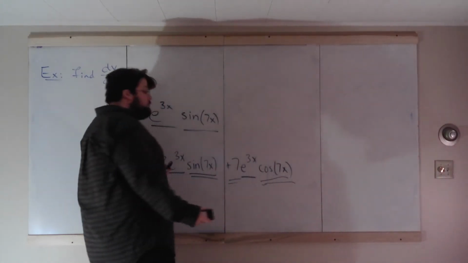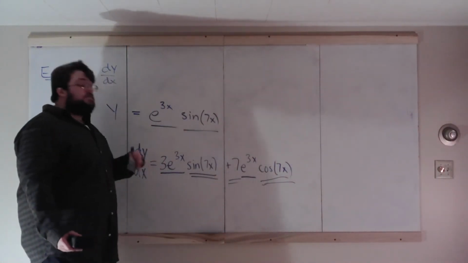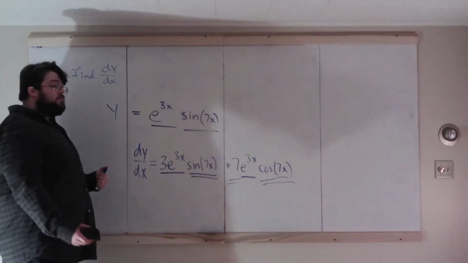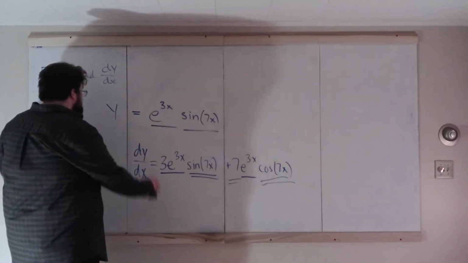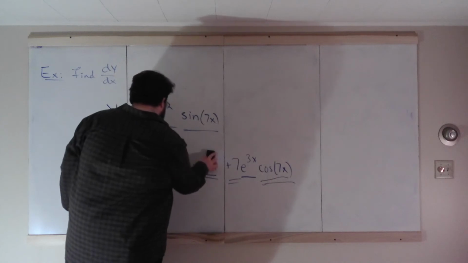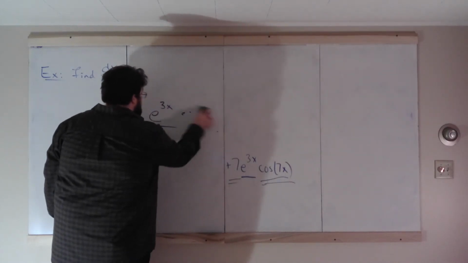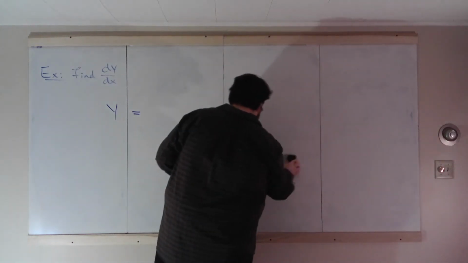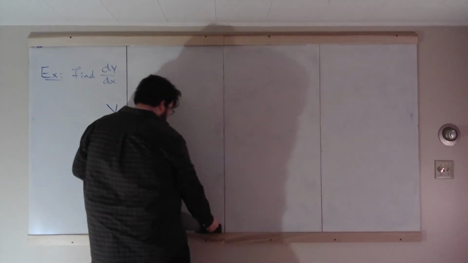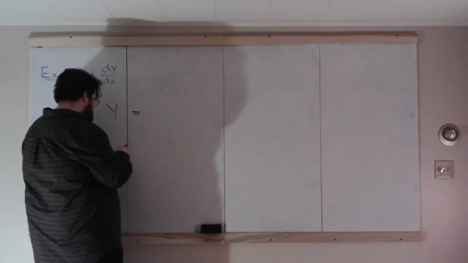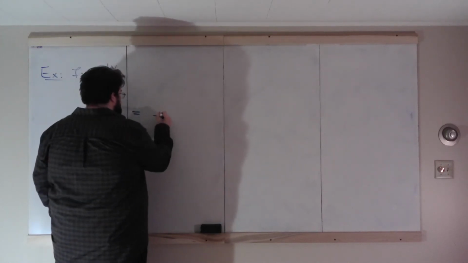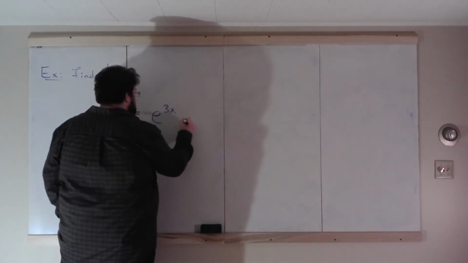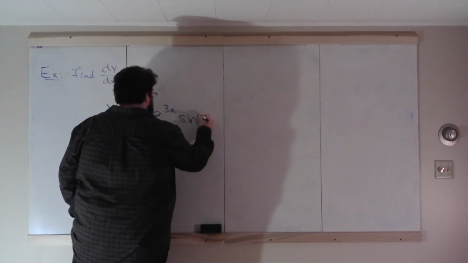If in this you were doing, for each derivative you had to take a u substitution, u would be 3x for the first one, u would be 7x for the second one. I shouldn't have erased that. Well, I guess it doesn't matter. Let's do this. E to the 3x, sine of 7x,